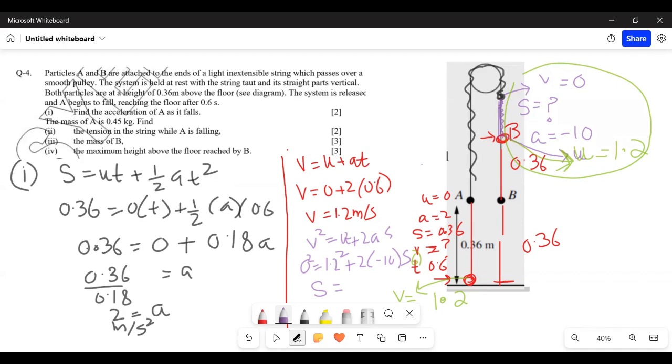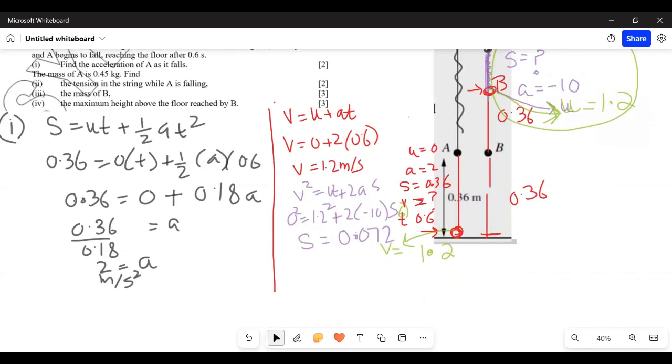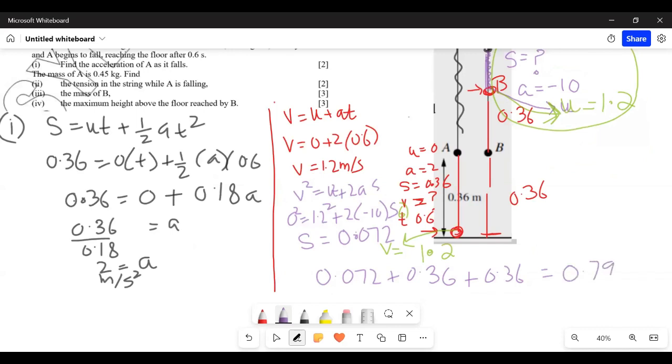Plus 0.072. ठीक है, 0.072। और मैक्सिमम हाइट ऑफ B अबव द ग्राउंड होगी 0.072 प्लस 0.36 प्लस 0.36, जो कि आता है 0.792 मीटर्स।